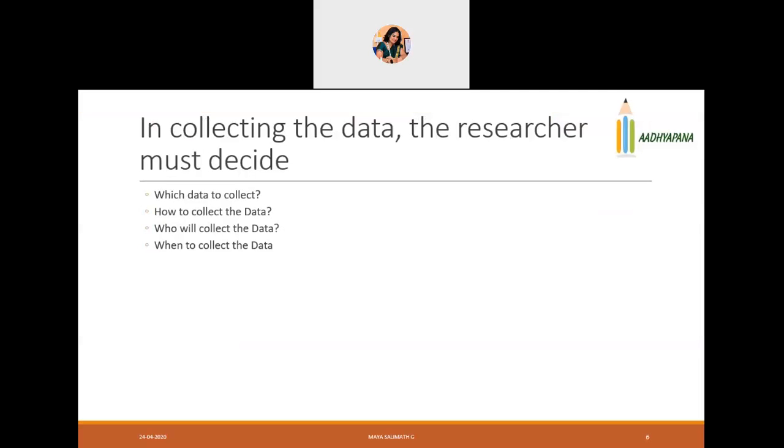Say, for example, if you are doing research on COVID-19, you have to do the data collection right now, whenever people are getting affected, only this time. Later, if you do research a year down the line on the effects of COVID-19 on the victims, that time your data will not be available. So you need to be smart enough to identify when, how, from whom, and what kind of data you will have to collect for your research.